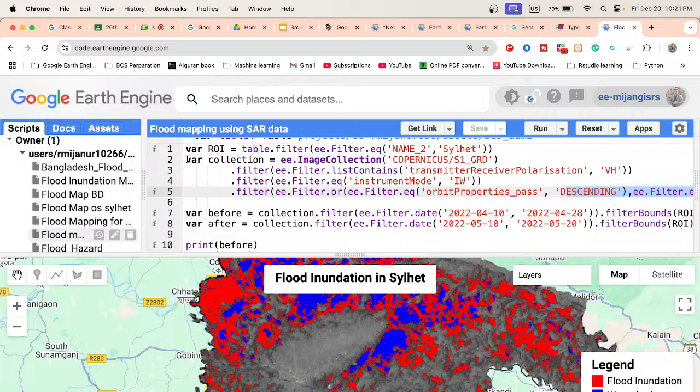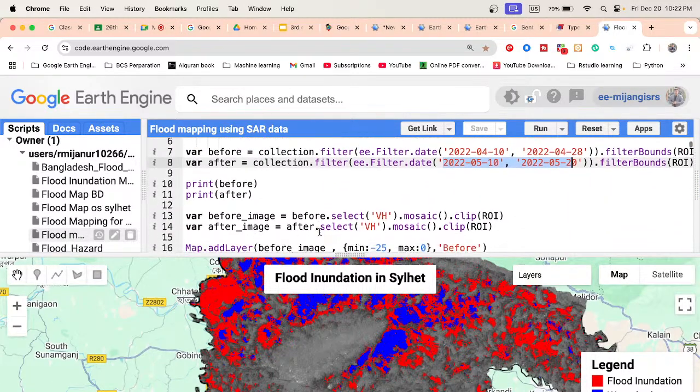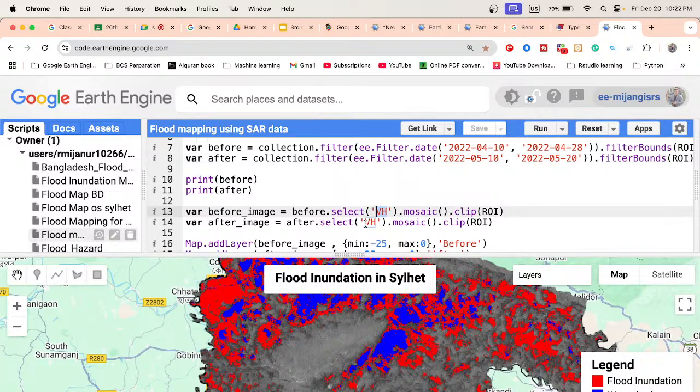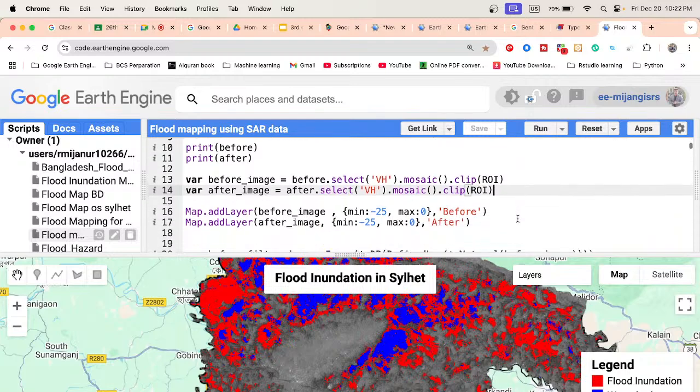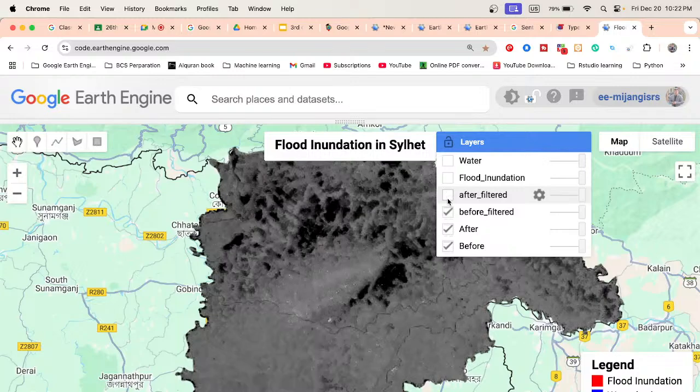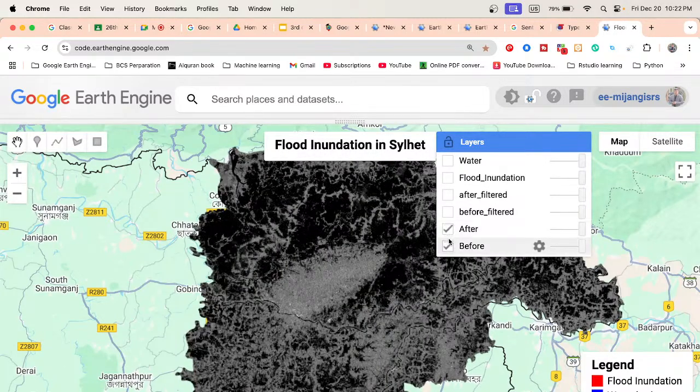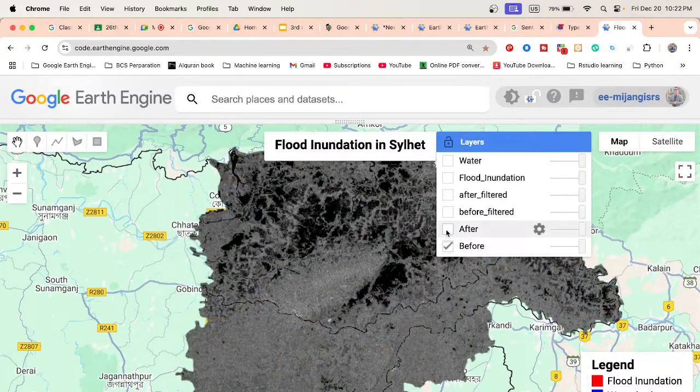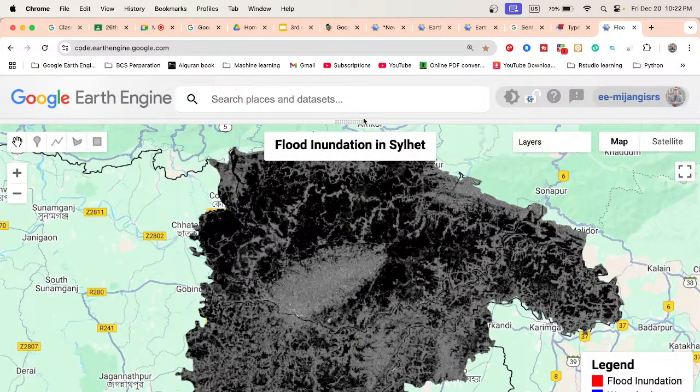And further, this is our collection. This collection is simply filtered for the two time periods. So I call the collection and filter, suppose this is the before flood and this one is for after flood. Okay, and then we are selecting the specific band VV. Okay, and further we create the mosaic composite and clip with our study area, and then we display this type of imagery. Suppose this imagery before and after. This is the before and this is the after. Okay,